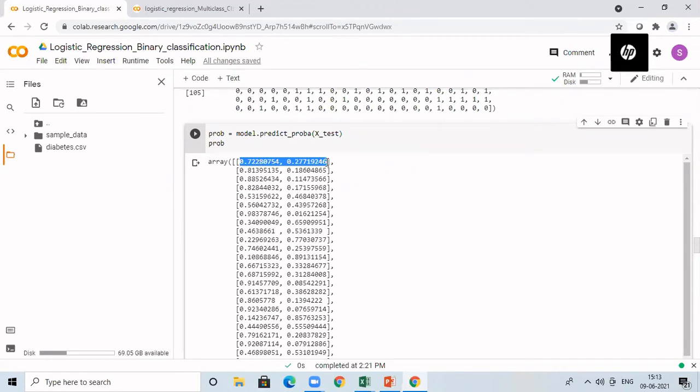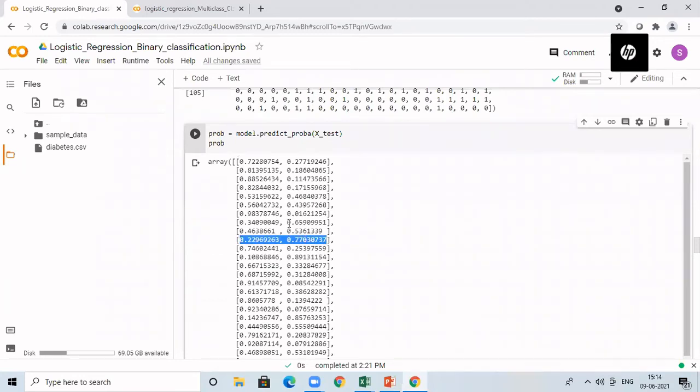For example, if I assume that the threshold for my model is 0.5, then for this particular row, this one is greater than 0.5. Therefore, the class label will be printed as 0. Now you can consider this one here. For this particular entry, for 0, we have 0.22, whereas for 1, we have 0.77. Therefore, for this entry, the class label will be printed as 1.